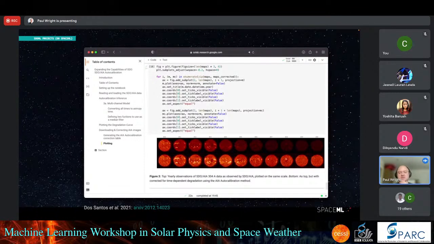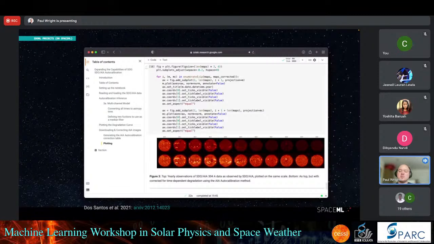In this work, Dos Santos et al. use a convolutional neural network that takes either a single AIA channel or multiple channels and outputs the corresponding degradation factor, or factors for the multi-channel version. This has been trained on, I think, 4 years of data up until MEGS-A switched off. And we have been able to learn how to go from the AIA images to figure out what the degradation